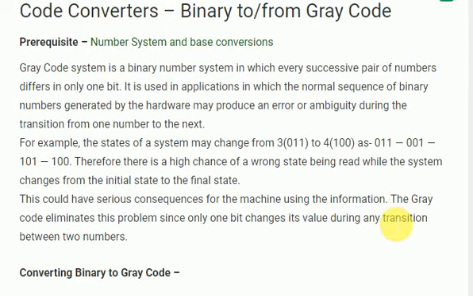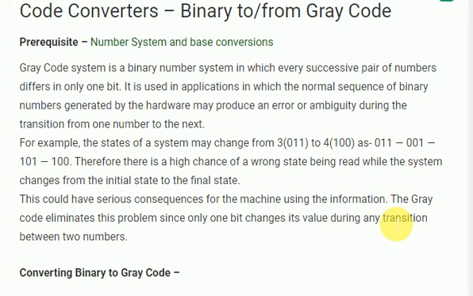Students, today again we are having the lecture about code converters. In the last lecture we discussed a code converter, the BCD to XS3 code, in which we saw that we add +3 to every BCD and get the result, that is the XS3 code. Now today we will see how a binary number can be changed into a gray code.